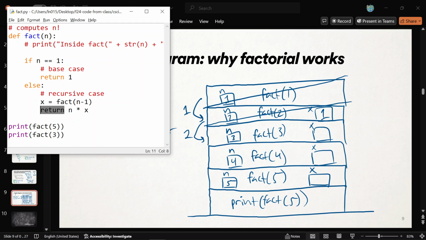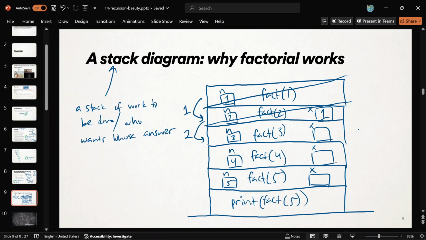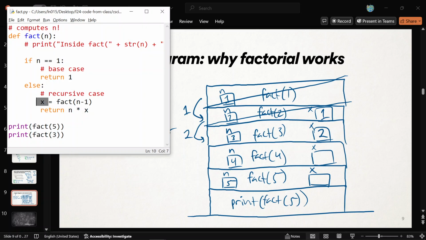All right. So fact_of_3, again, waiting even more patiently than fact_of_2 on that answer. It finally got an answer back for fact_of_2. The factorial of 2 is 2. It saw the number now. It's going to shove that into its x variable. It was waiting so patiently to do that. And now it can do its last line.